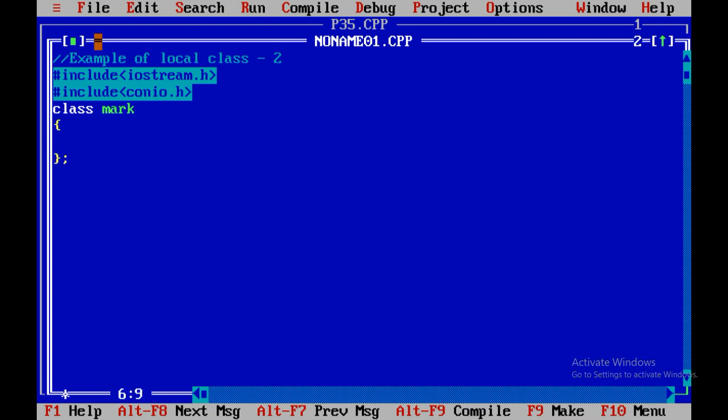Inside class mark, I must create a public method, otherwise you are not able to access that method outside the class. Again, void demo, that is the function in which I want to create one new local class called calculate. Let me give a comment line that this calculate is a local class.